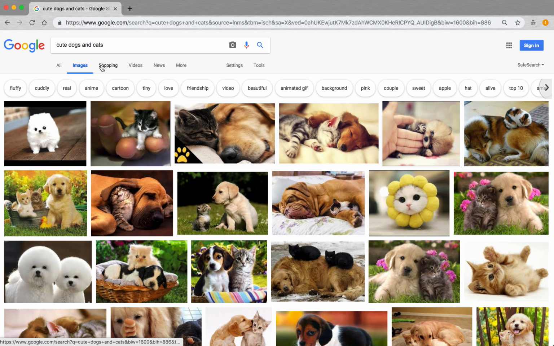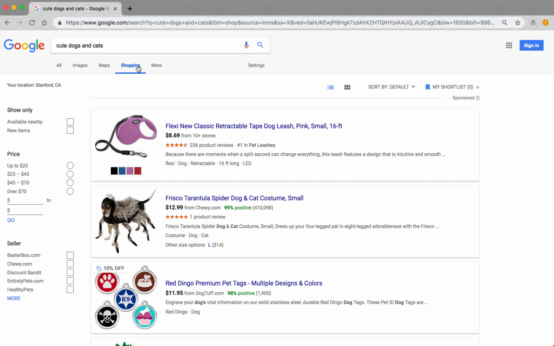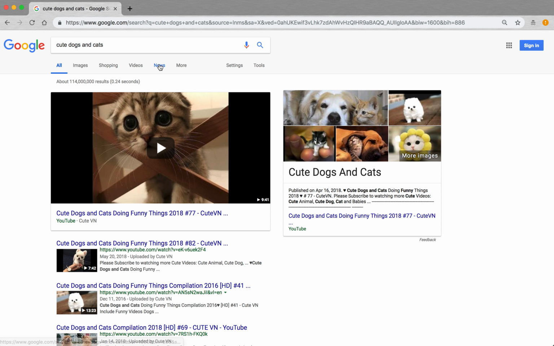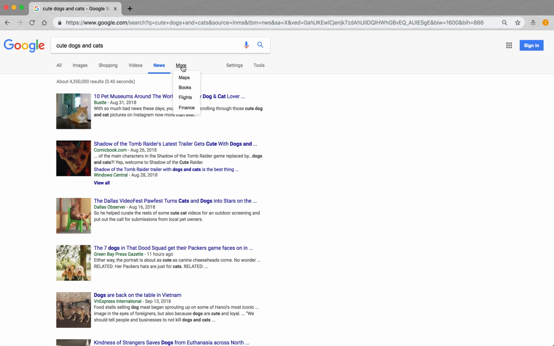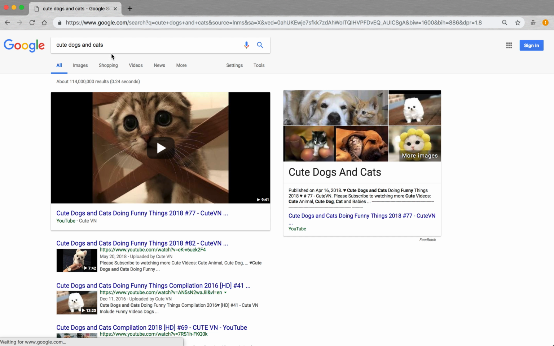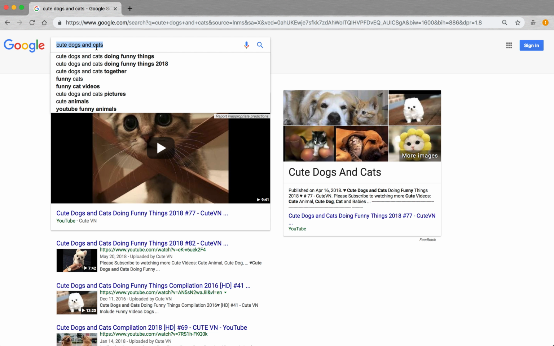And then we go over to images, shopping, news and more. So there's a bunch of different things I can filter by. The way that it works is, let's say you hear something that just happened. Let's say there was a fire in Marin County.